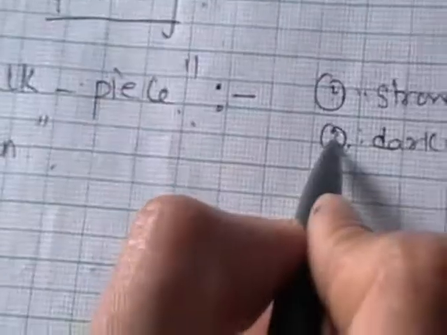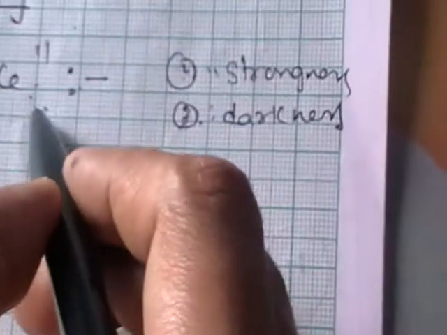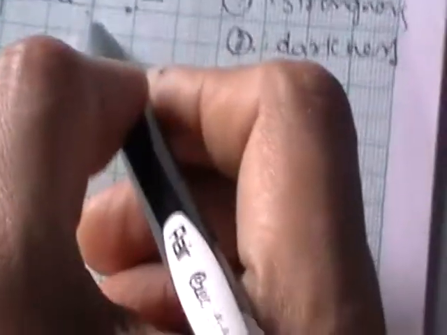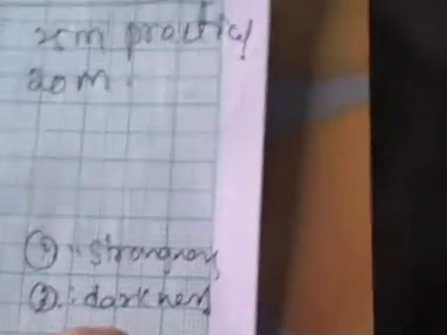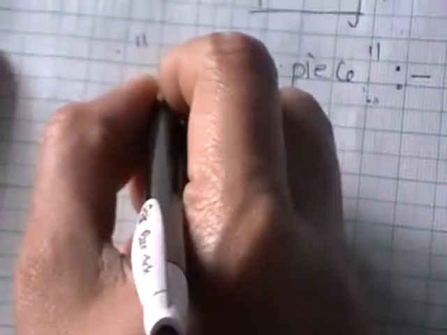Then if these two are reached, you are going to say that the quality of the chalk piece is okay. Quality indicates the attribute of fitness for its use. Quality of an object indicates its fitness for use. Yes, it is ready to use. Similarly, if you are going to purchase, let us say.